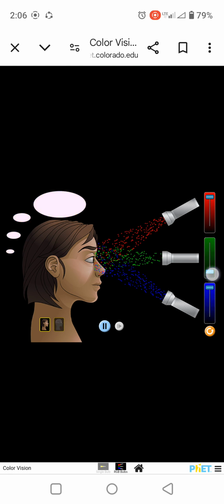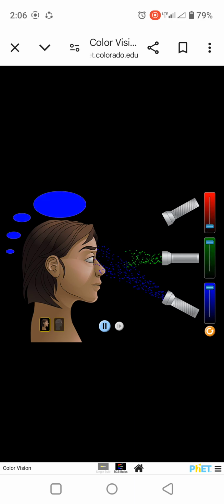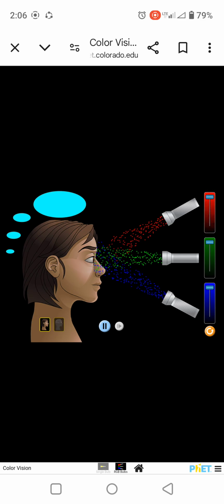If we're going to lower the green, red plus blue is equal to pink. If we're going to lower the green and the red, blue and green color is equal to aquamarine. So, if we're going to combine the color blue, red, and green, it will be equal to color white.